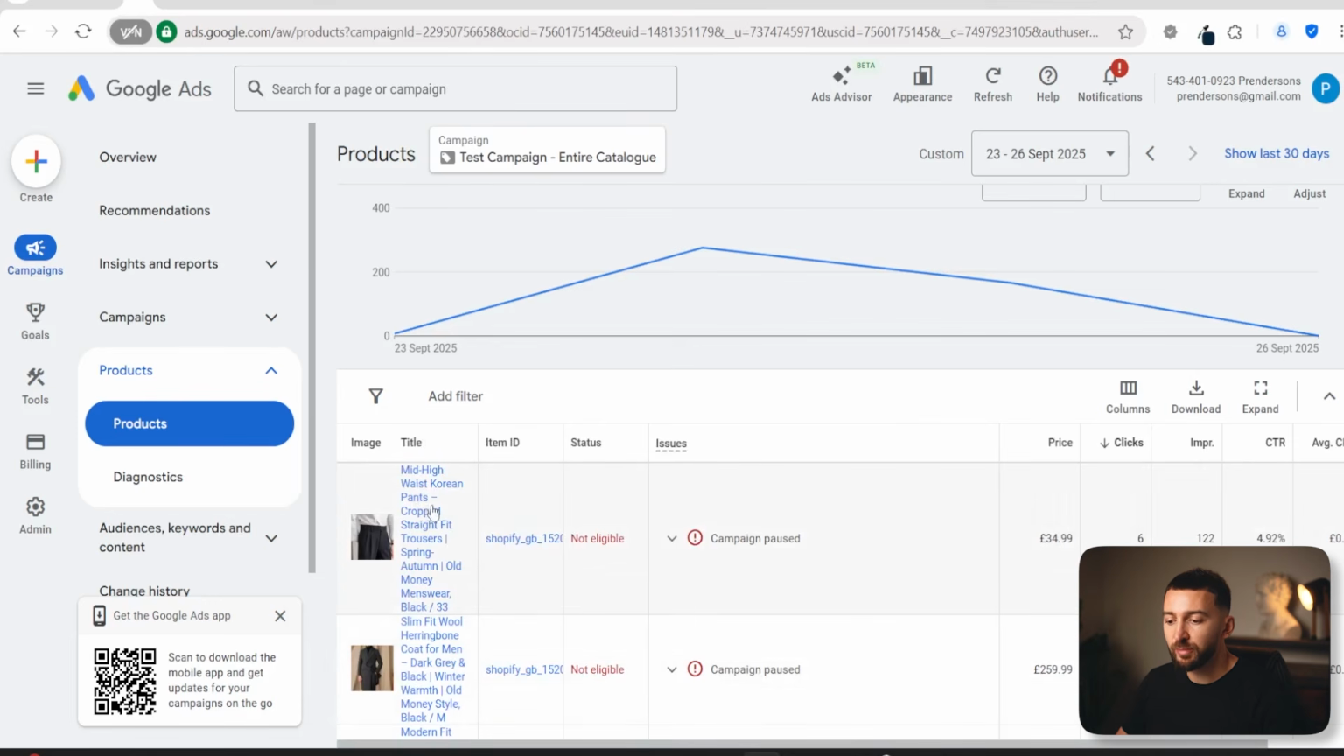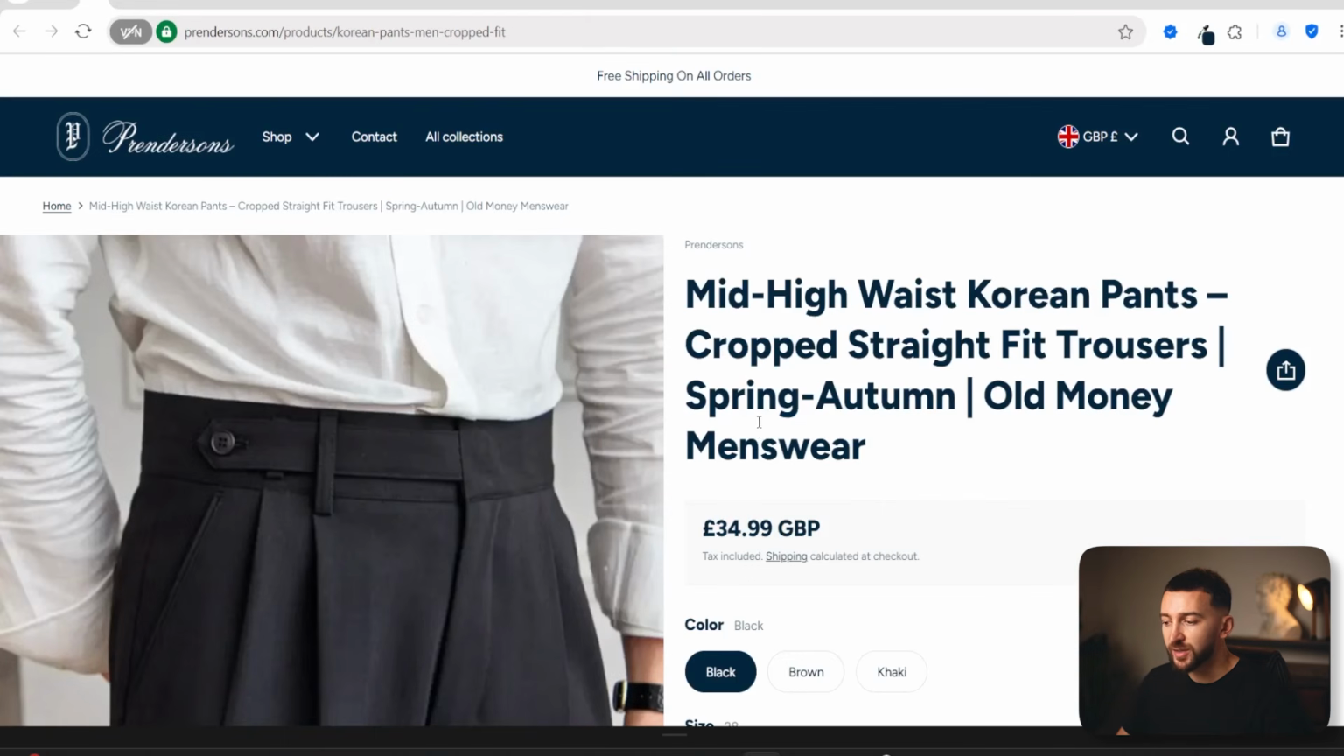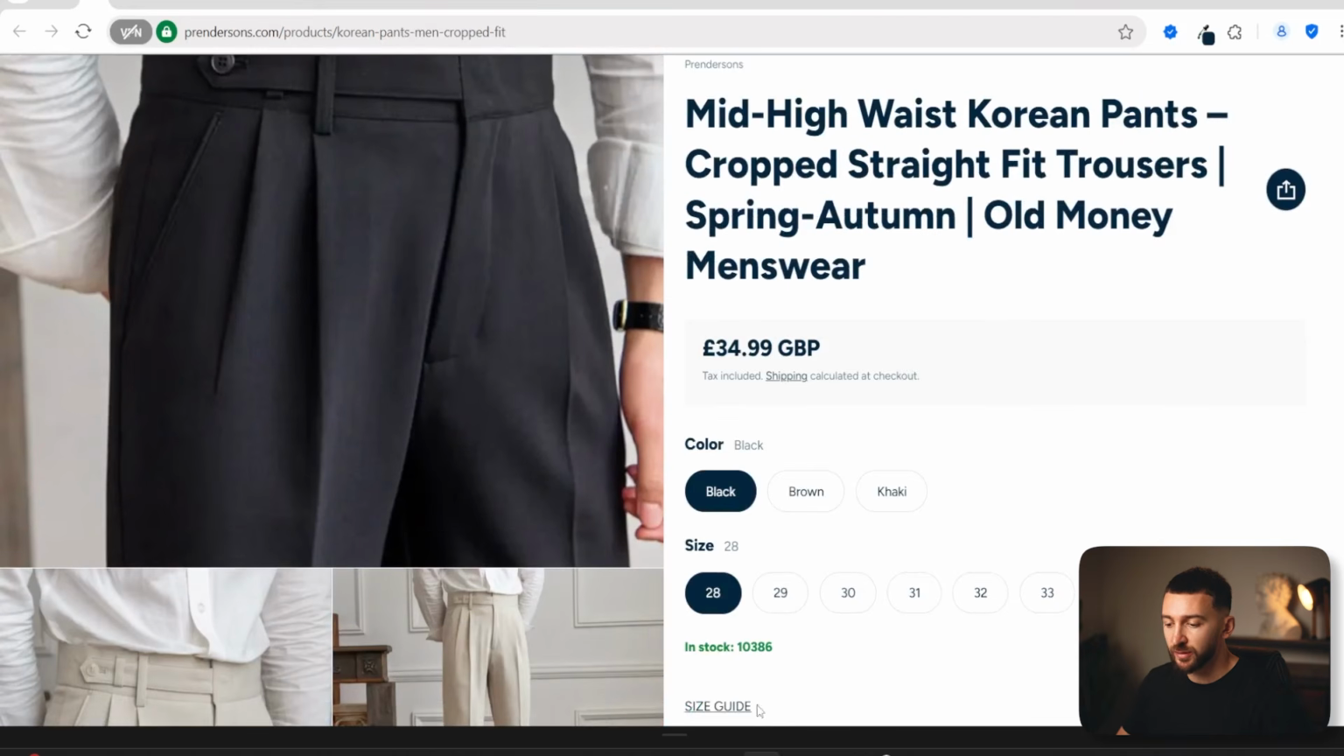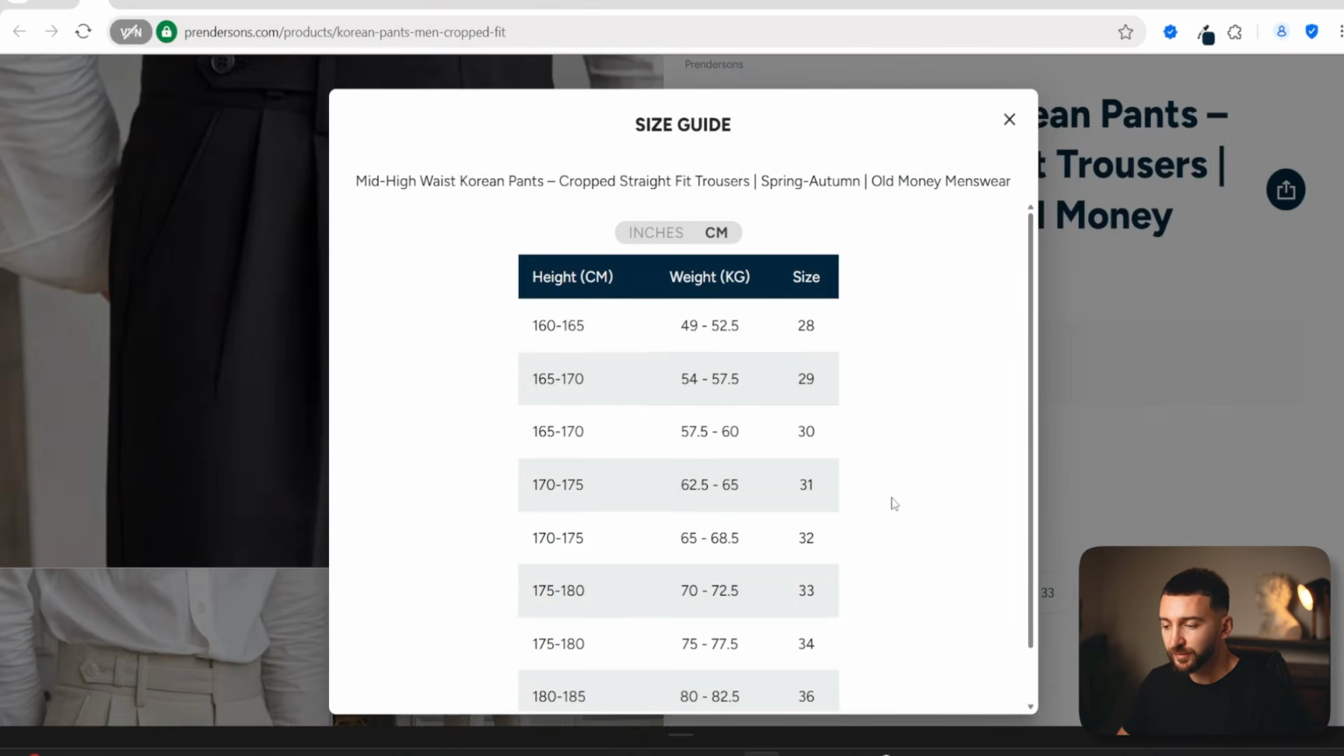So if we have a look at the product page for these mid-waist Korean pants, you can see cropped, straight fit trousers. If we come over to the product page, I can start analyzing what I could improve on this product page. The first thing that I've noticed is I need to improve the size guide. I copied the size guide directly from the supplier, but the size guide is a little bit confusing and